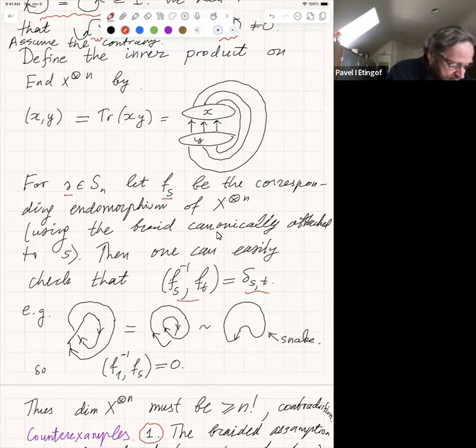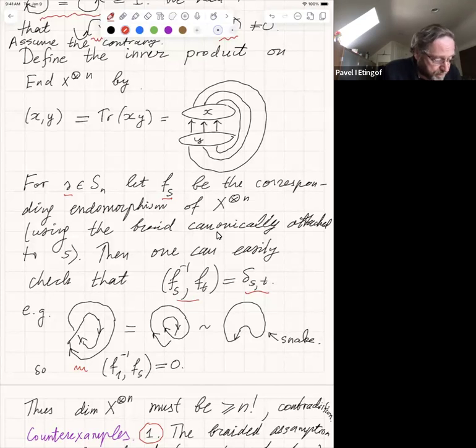So here is an example of how this happens, which represents the general case and is just a straightforward generalization of this computation. Suppose one permutation is the identity and the other is the switch of 1 and 2 in S2, so n equals 2. Then I have a picture like this for the trace.